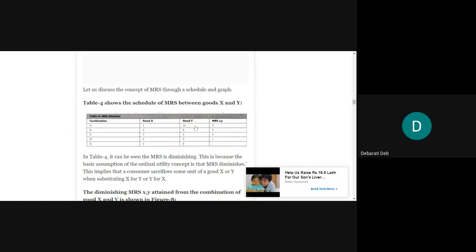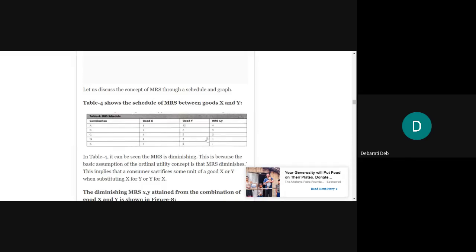Del Y by del X. Change is how much is not mentioned in the other one. Other one is not mentioned. 3. This is changing by 4 and good value is 1. So 4 by 1 is 4. Then 8 minus 5, that is 3. 3 by 1 is 3. Okay. So how are they calculating?